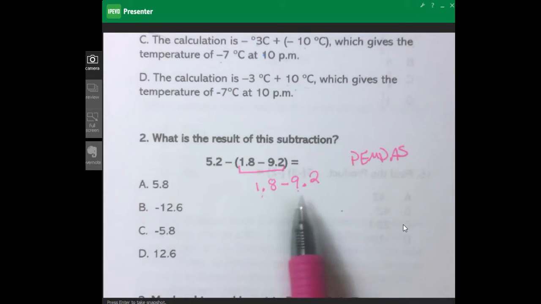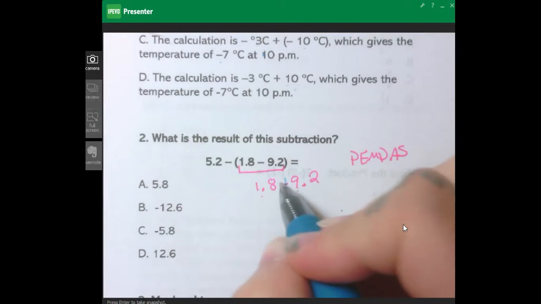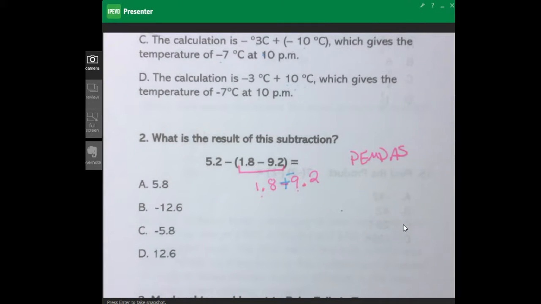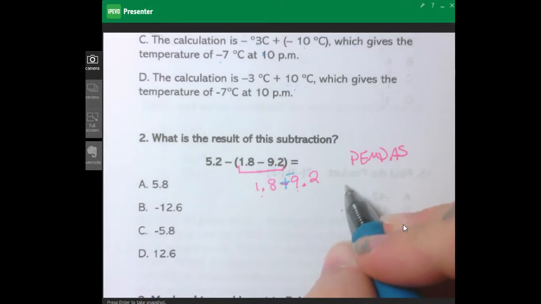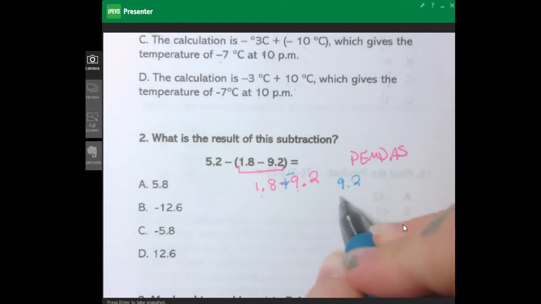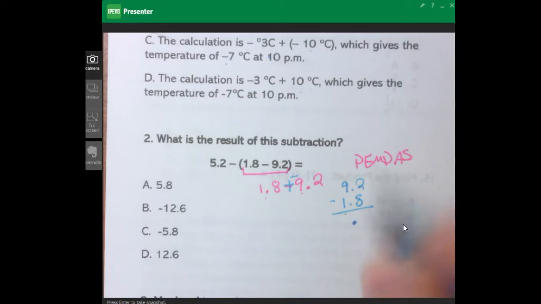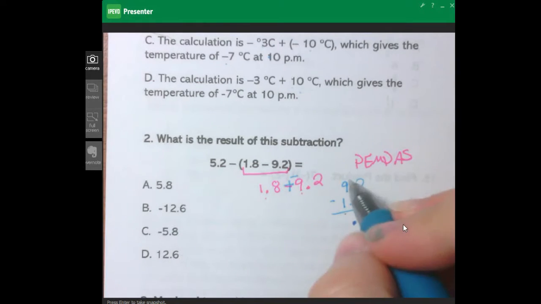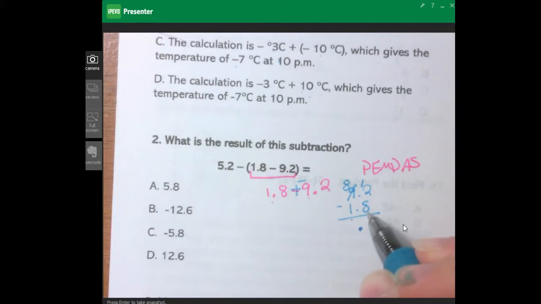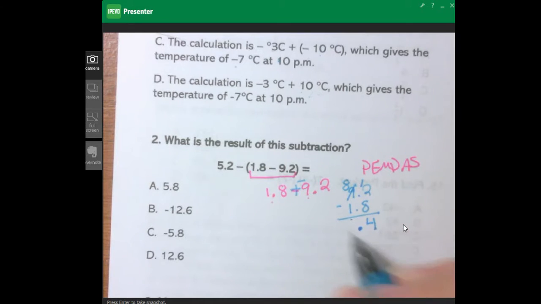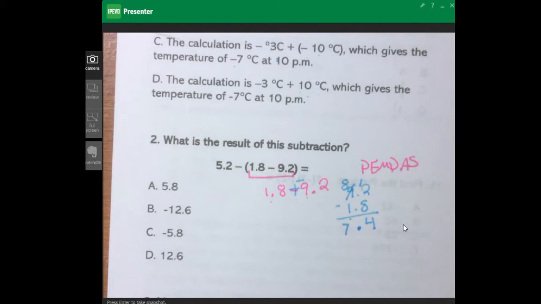But yes, you can. Remember, we can change subtraction to show us addition so that we are now adding the opposite. Now I go back to those integer rules. We have different signs. So we will subtract and then we keep the sign of the larger number. So I'm just going to write over here off to the side 9.2 minus 1.8. I'm going to bring my decimal down so I don't forget about it. I can't take 8 away from 2, so I'm going to borrow from my 9. And 8 from 12 is 4. And 1 from 8 is 7. So we get